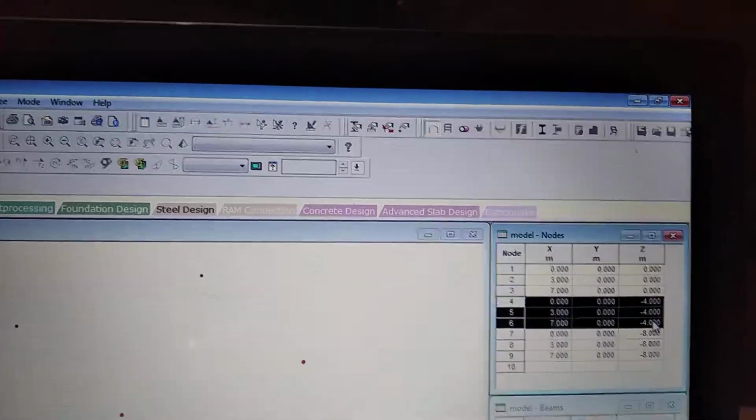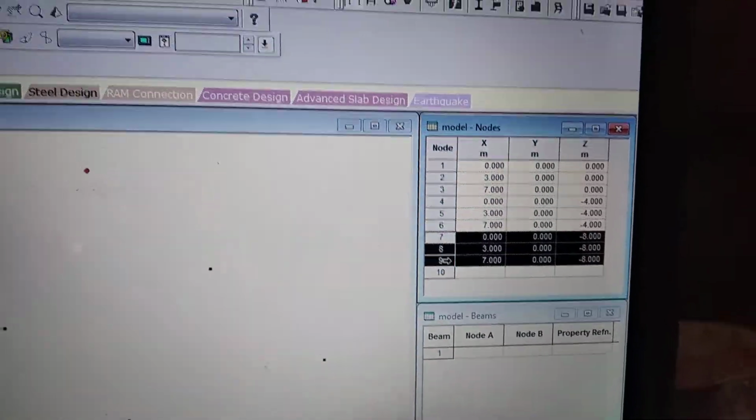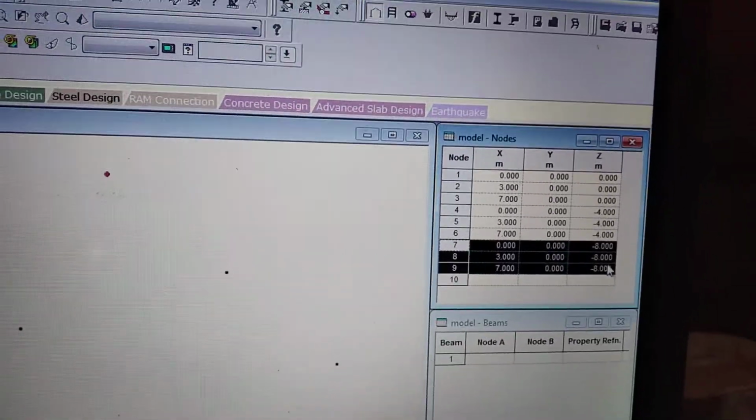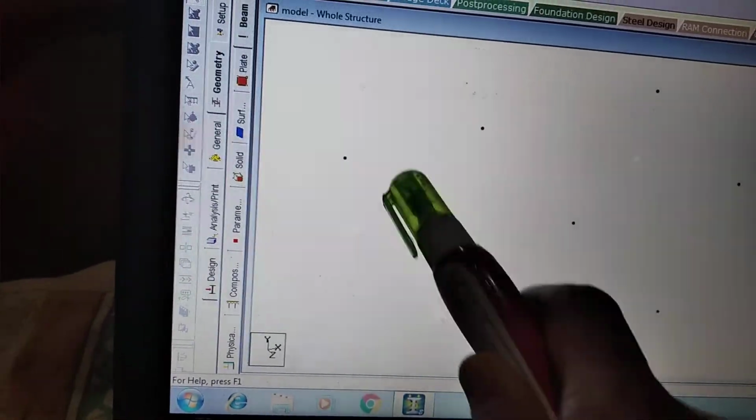See here, in these cases along the x direction it is, along the y direction, along the x and z direction, so only changes as z nodes. Okay, then along the third row x and z changes, y remains the same 0. Don't change anything in the y, because see here, in this case along the x direction, along the z direction, along the y direction there is no points.